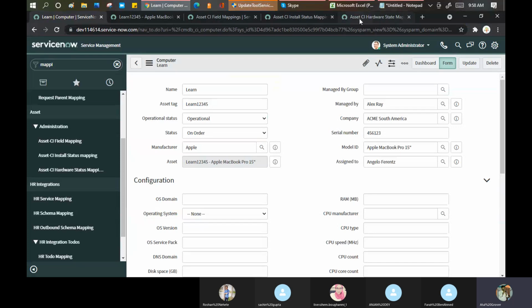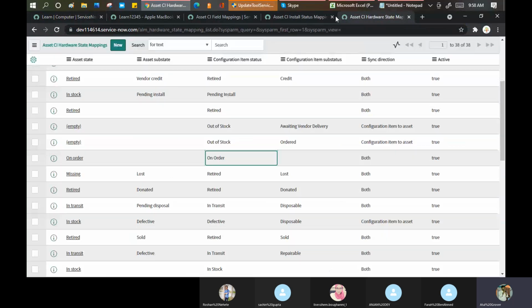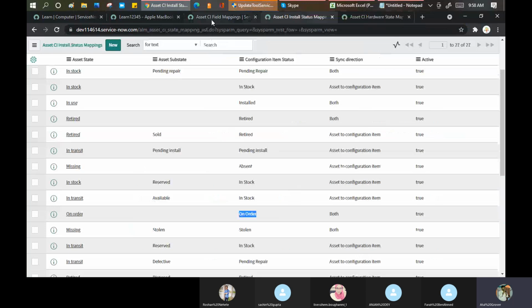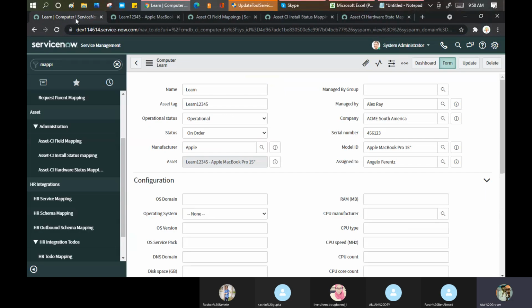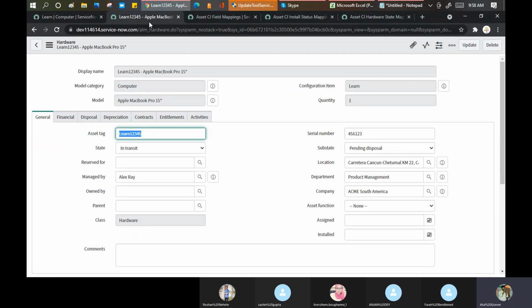So these three things are important to understand. I'm 100% sure you are confused, completely confused, and you should be confused here. What you have to do is create one CI of the computer type, an asset will be created, and then practice on these three tables.